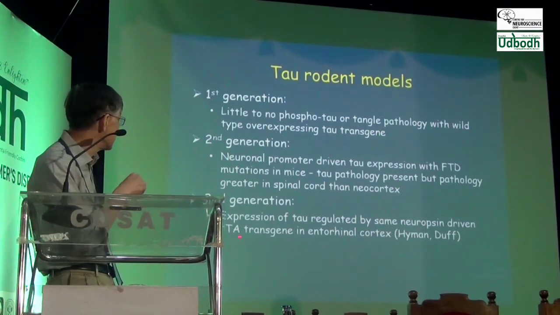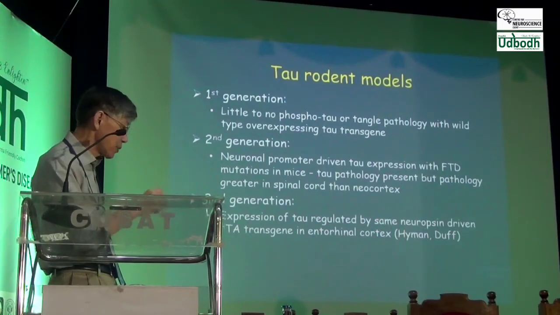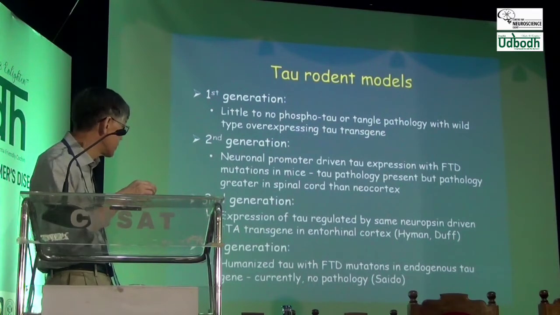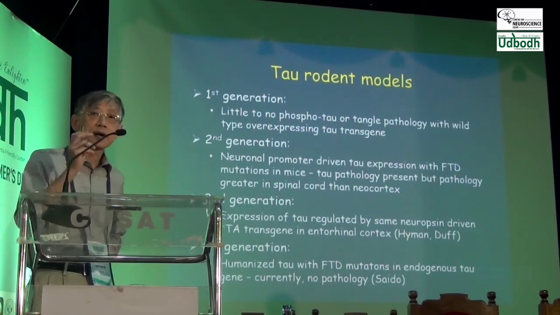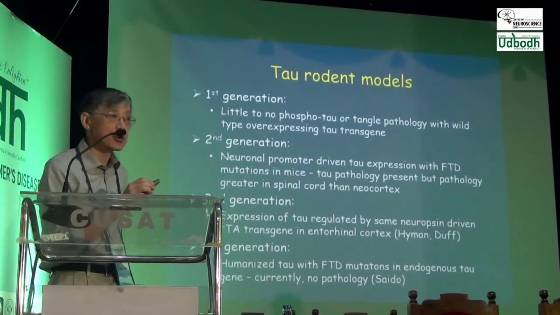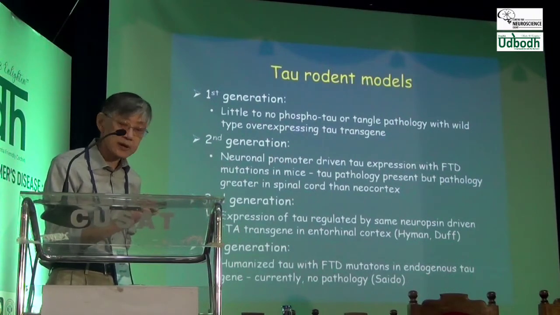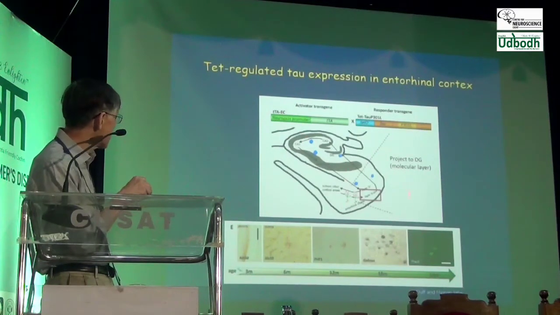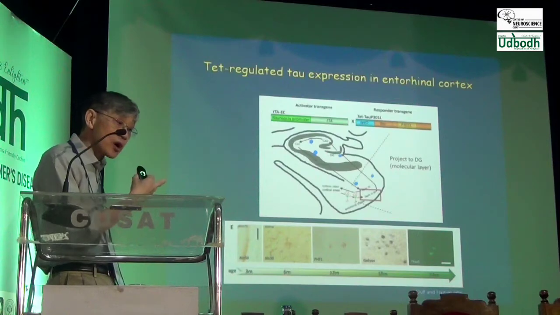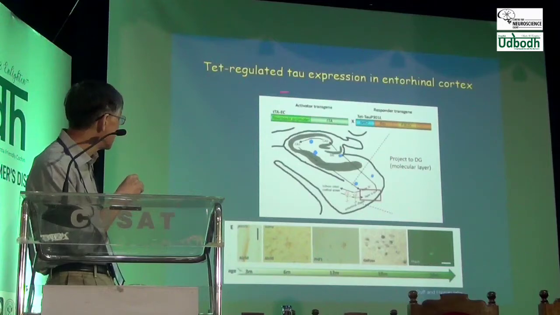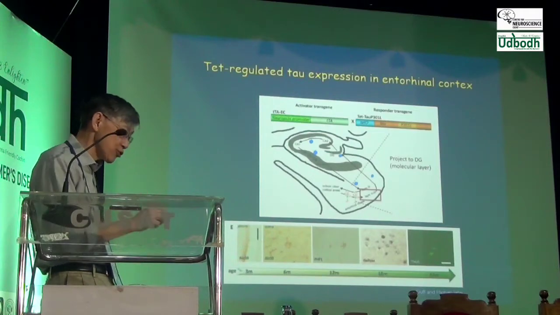Third generation, again using the TTA regulation, and that's been published by Brad Hyman, Karen Duff's lab. And then the fourth generation, the Rican mice, and unfortunately, if you put the mutation knock-in into the mouse, the tau mutations do not generate any pathology that the authors have noted. So basically, in this particular mouse model, it's not from Karen Duff and Brad Hyman. It's driven by a TTA from the entorhinal cortex, the so-called neuropsin promoter, and just like what I showed earlier,